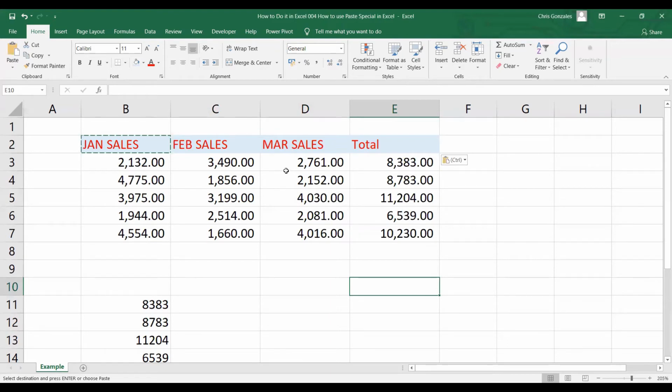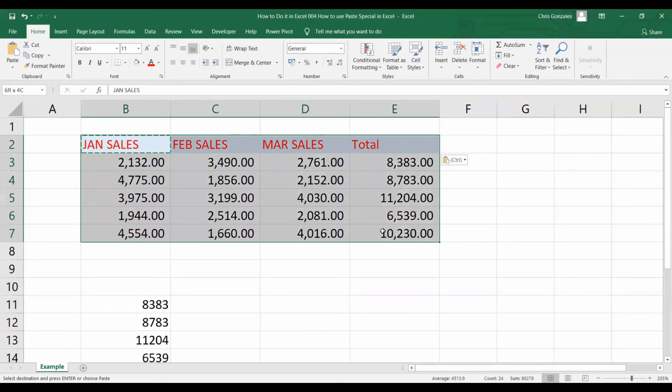Lastly, I would like to show you how to implement transpose in paste special. Usually, the purpose of transpose is to move vertical data into horizontal format, or vice versa, horizontal data to vertical format. How do we do that in paste special? We just simply need to highlight all the data that is involved in your table, B2 to E7, right click copy,